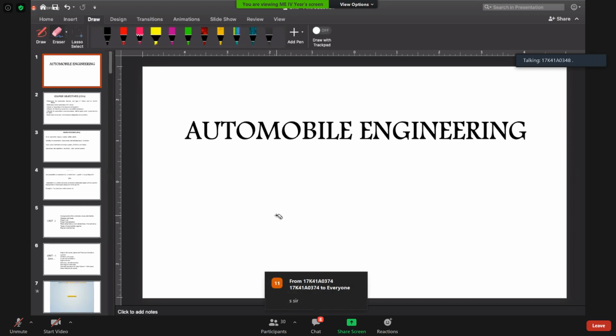Sir, what is the purpose of differential steering? What is the purpose of differential? To give different RPM, in the context of what, railway or automobile cars you are asking? Automobiles. So in order to provide different RPM at the two wheels, a differential is used. Second function, it is used to transfer the power from the engine. Your perpendicular shaft is coming, so for transfer of the power in a perpendicular direction, differentials are used.